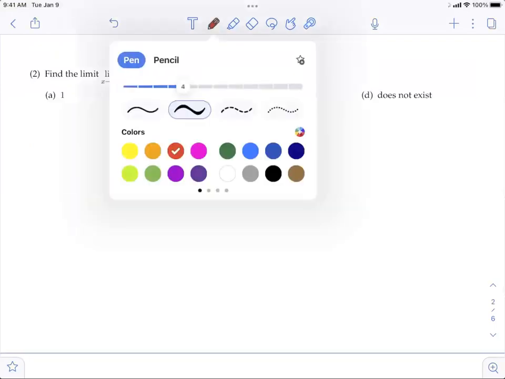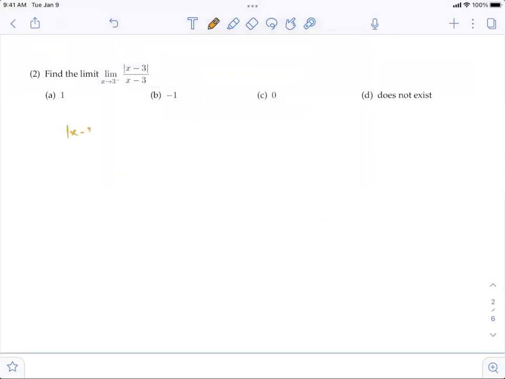For the absolute value of x minus 3, there are two parts. So this is the piecewise defined function. You have the positive x minus 3 if x is greater than 3. Now, let's not consider the equal sign because you have a